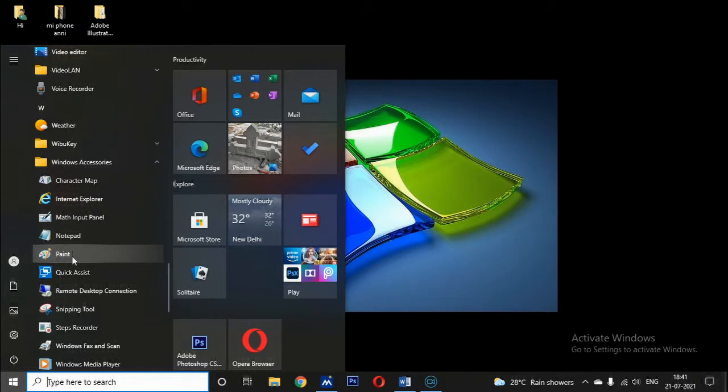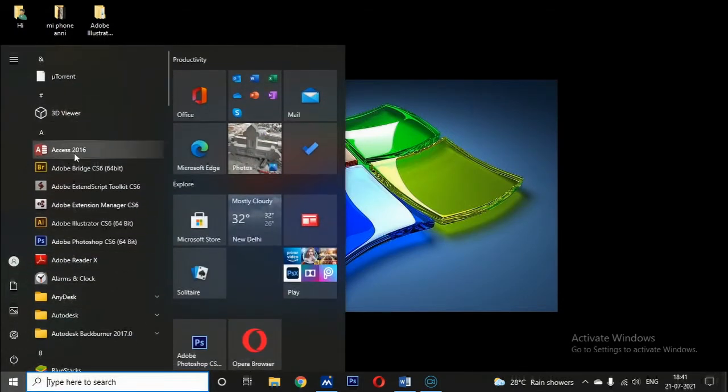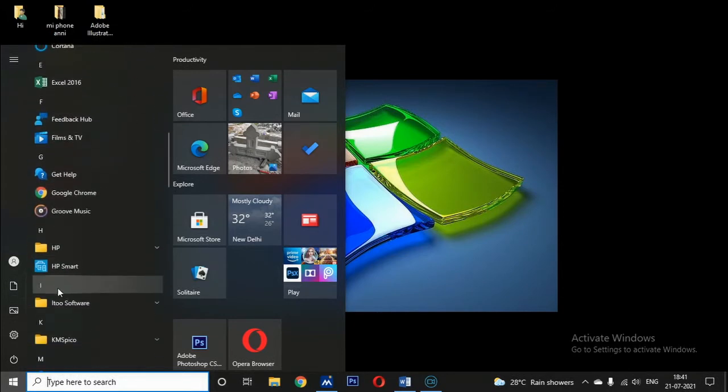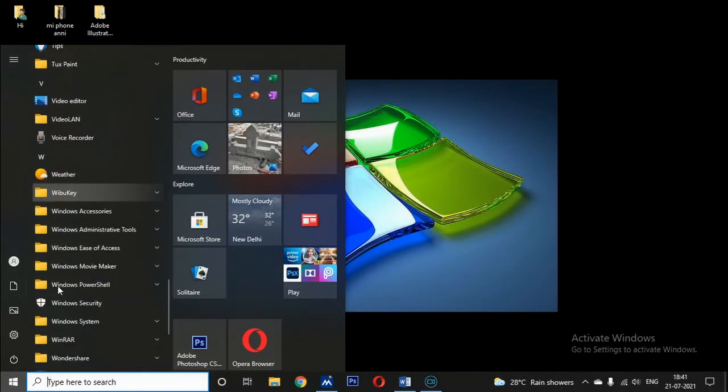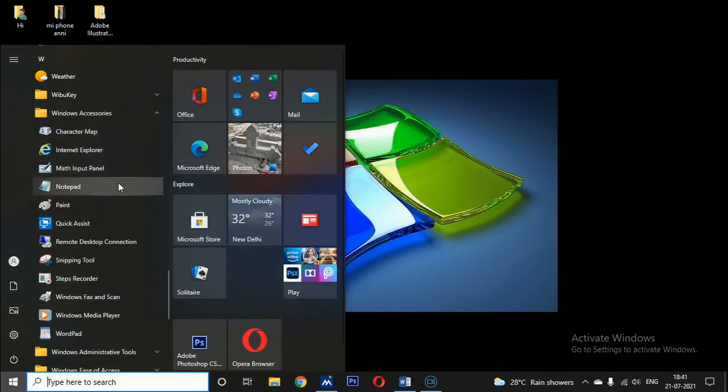So how to open Paint? Go to the Start button, go to all applications, click Windows Accessories, click the drop down button and you can see Paint is there. Just double click it and it will open.